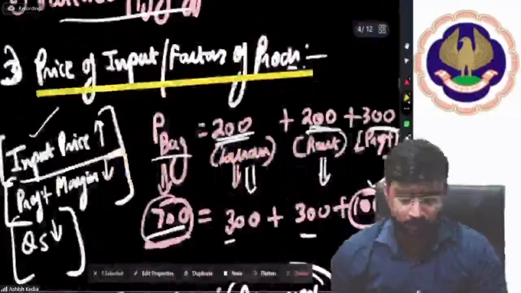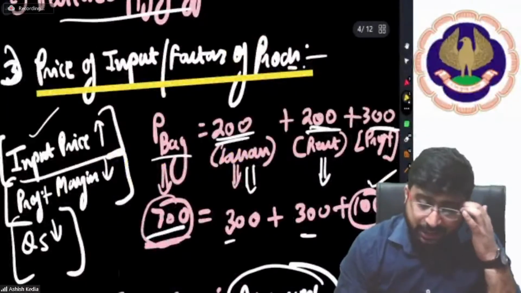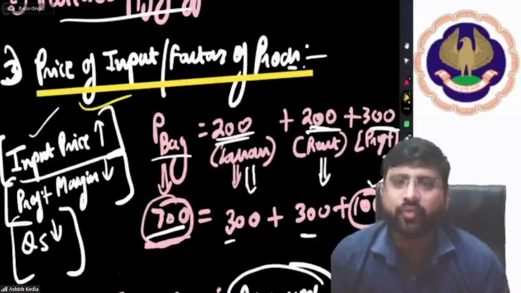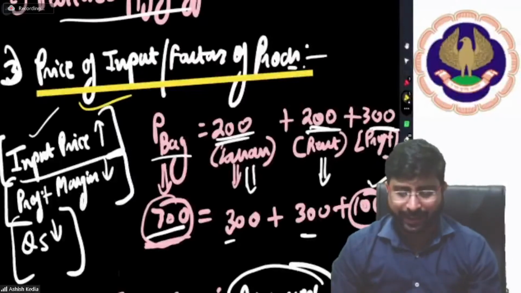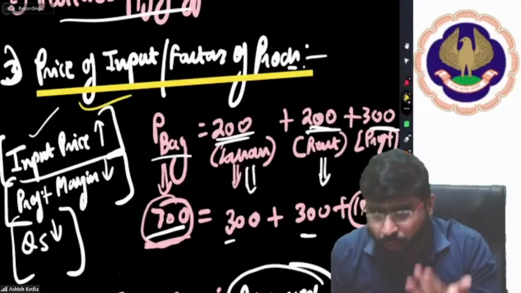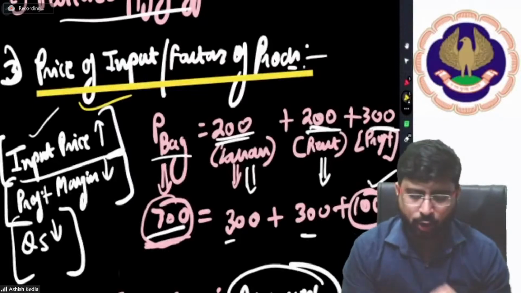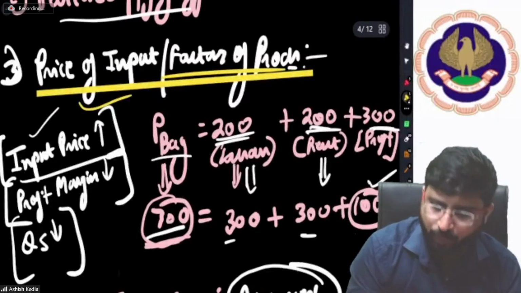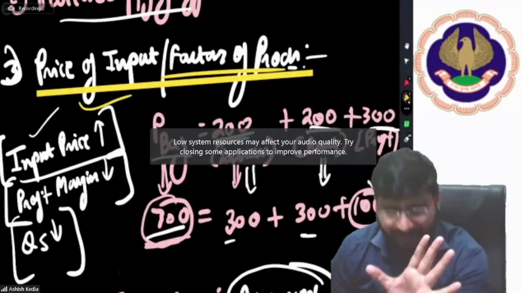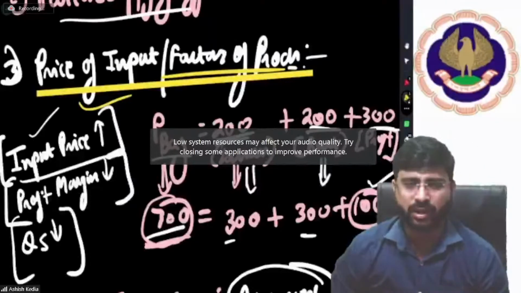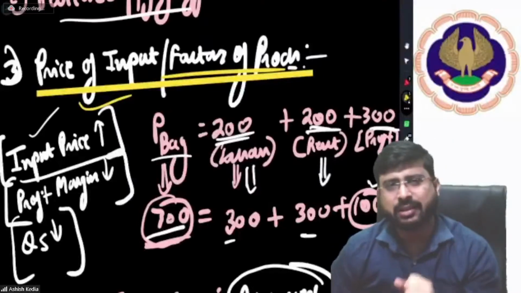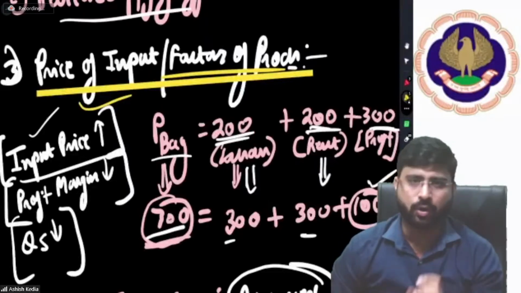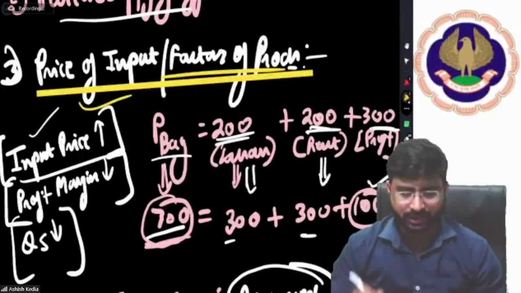Now, friends, moving on to the next point, which is price of inputs, or factors of production. So when we talk about price of inputs or factor of production, what do we study? See, when we talk about these things, it is very easy. Please pay attention, everyone. It is very easy. When you talk about price of inputs or factor of production, price of a product is rupees